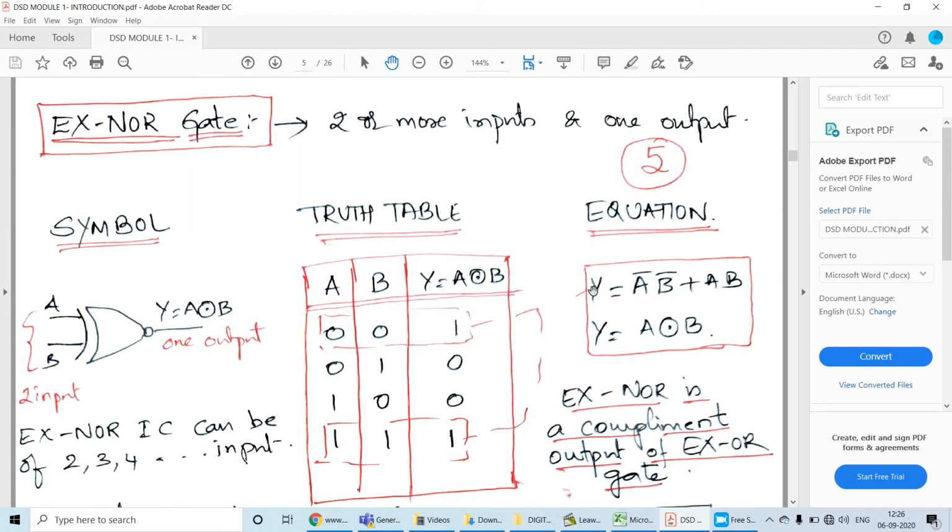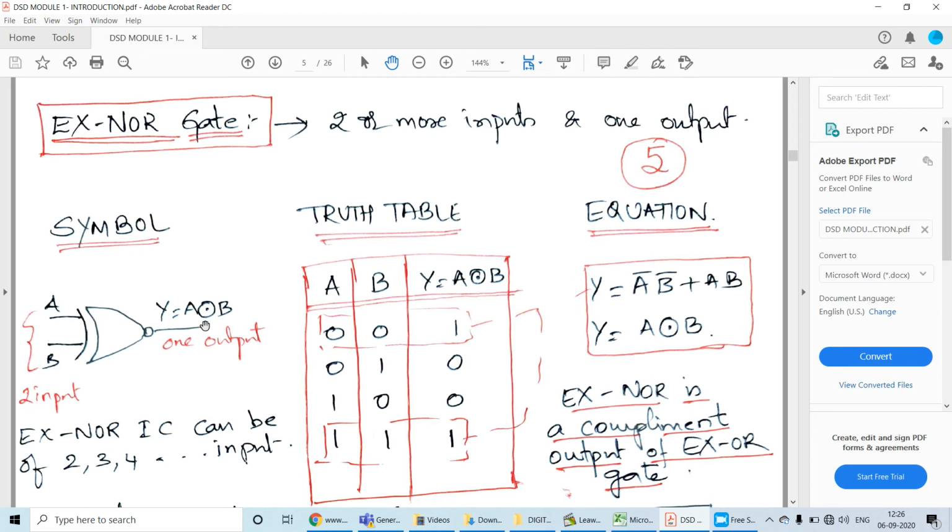Okay, the last basic logic gate, which is XNOR gate. XNOR gate is the complement of XOR gate. So again, XNOR will have 2 or more inputs, whereas 1 output. Now this bubble always says complement, right? So without a bubble, it is an XOR gate. When you add a bubble here, it becomes XNOR gate. So that bubble says the complement, bar. Here you have A and B, which are 2 inputs, whereas a dot with the circle is the symbol used for XNOR.